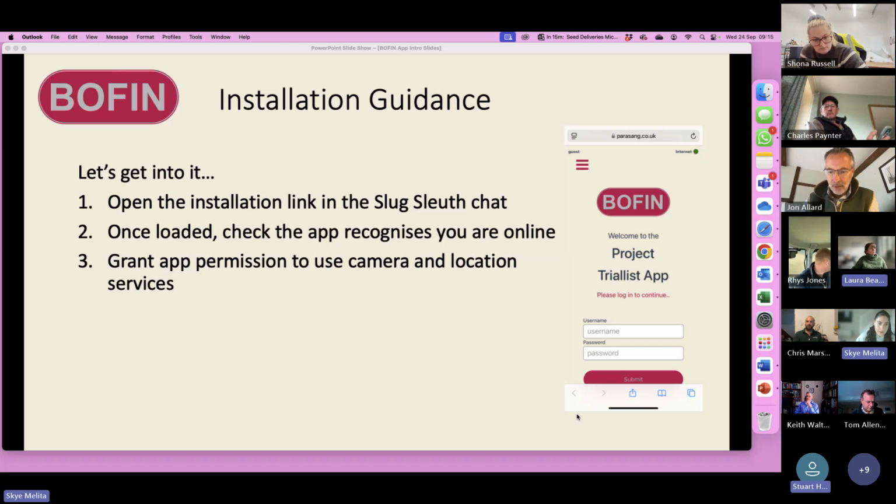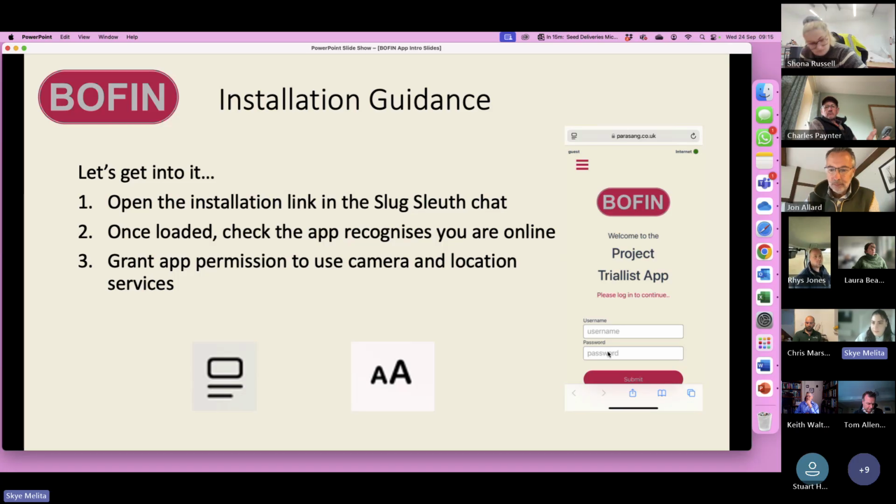So in order to do that, there will be an icon that looks like this or like this that's next to the URL bar. If you're on an Android, it's a slightly different situation for you. When you have logged in and you go to use a camera service or a location service for the first time, you'll get a notification that asks you if you want to approve it for just this time or approve it for the site, and you can select approve for the site and then it won't come up again. But if you're on iPhone, if you click either this icon or this icon that's next to the URL just here,